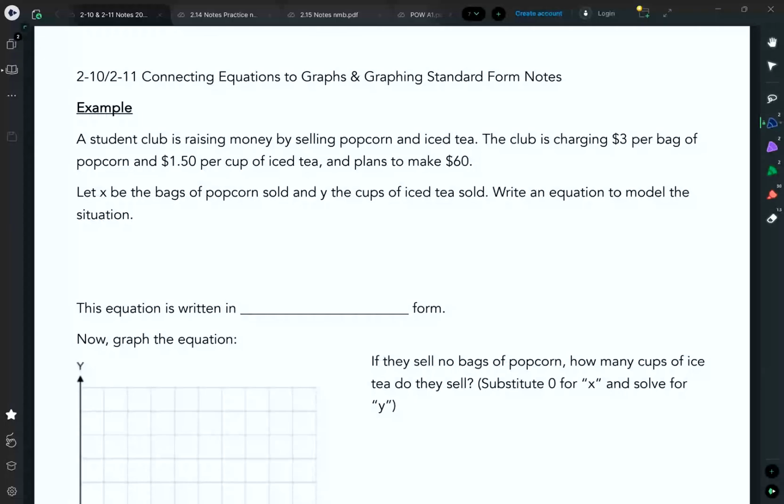So here's our first example. A student club is raising money by selling popcorn and iced tea. The club is charging $3 per bag of popcorn and $1.50 per cup of iced tea, and plans to make